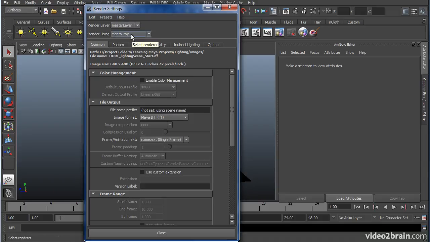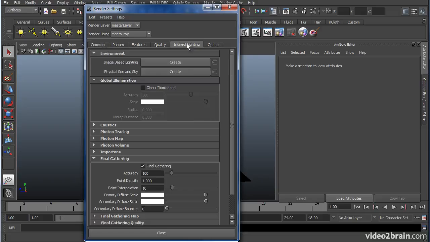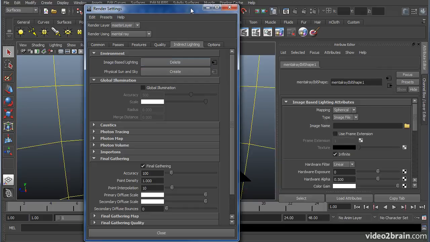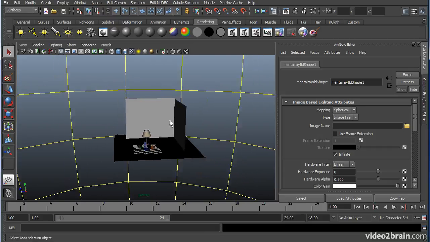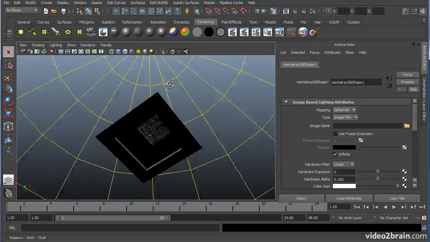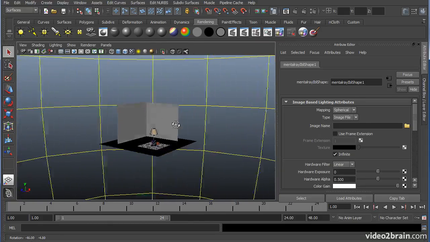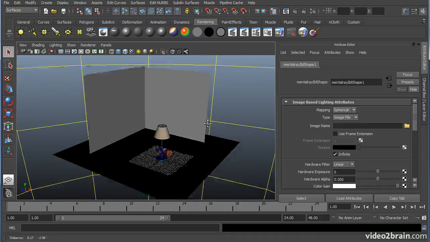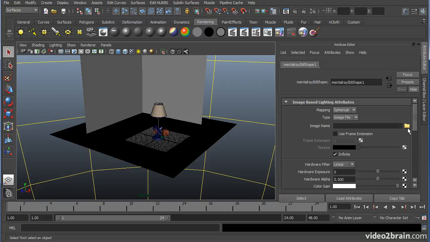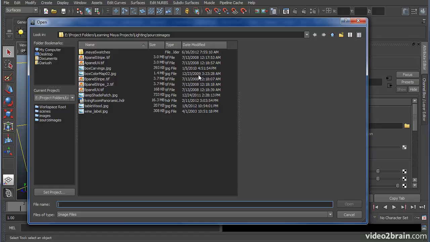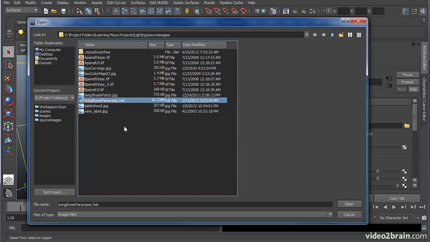First, make sure you're set to Mental Ray, and then proceed to go into the Indirect Lighting tab. Click Create next to the image-based lighting, and in your scene you'll find an environment sphere that surrounds your scene. This IBL node is what allows you to bring in an HDR to light your scene. Under Image Name, click the folder icon and navigate to the Source Images folder. If you've set your project correctly, you'll go straight there. And you'll want to load up